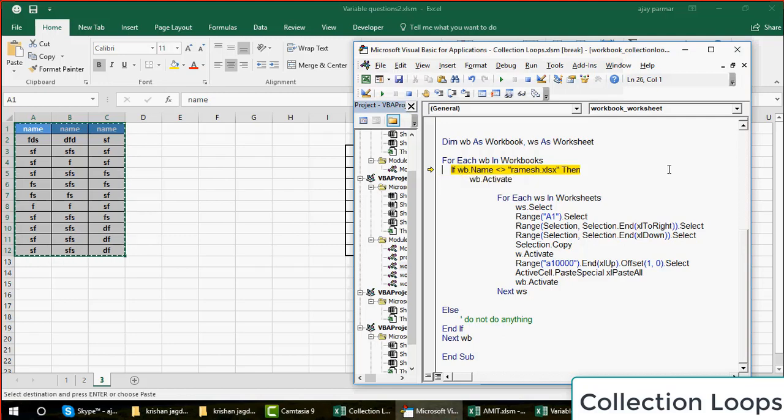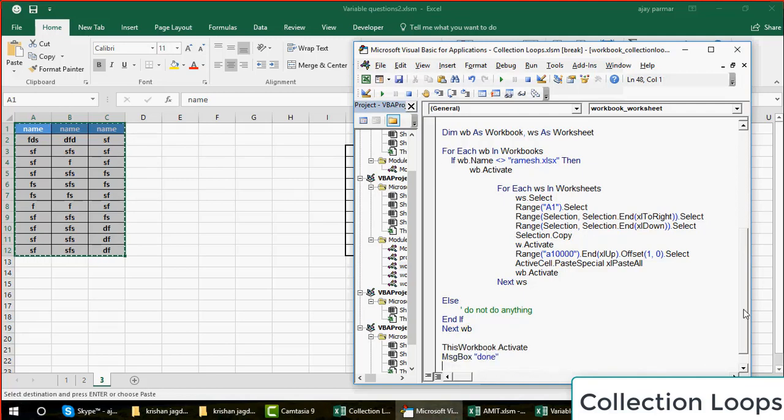So your condition fails. Now guys, when your condition fails, would you like to do something? Of course not. So what will happen now? It will go in the else mode. And if next workbook now. We are skipping the Ramesh totally. Do we have any other file after this? I don't think so.